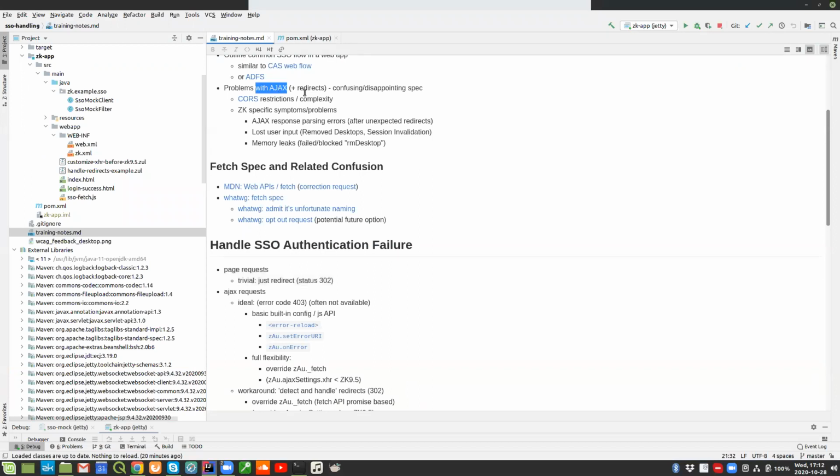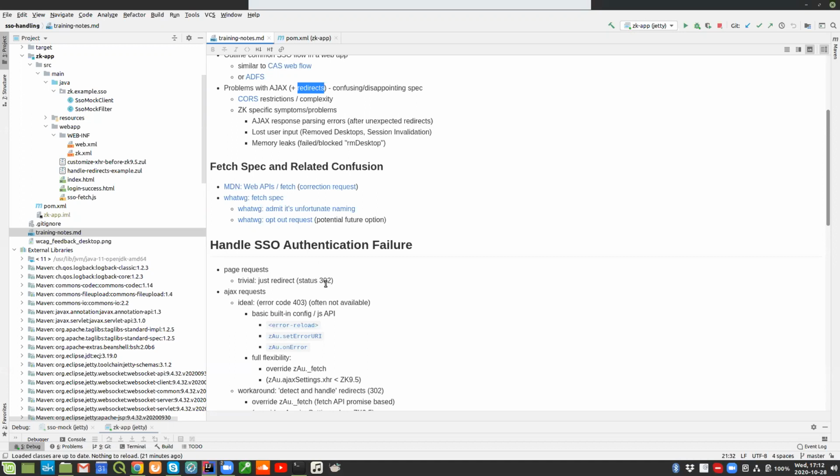The problems are Ajax and redirects. As soon as an Ajax request is involved, there are certain restrictions about which response codes you can actually see inside your JavaScript code because of security reasons. The redirects are made transparent to the JavaScript engine. So you can say status code 200, okay, or you can get any kind of error code, 404 not found, or 401 not authorized, but you can't see a 302 redirect. It will just